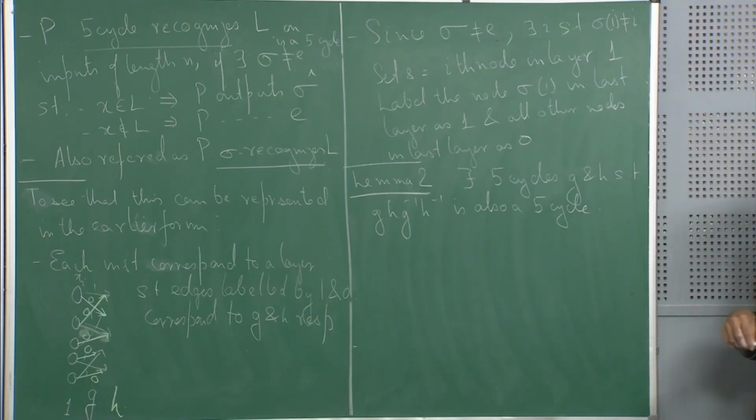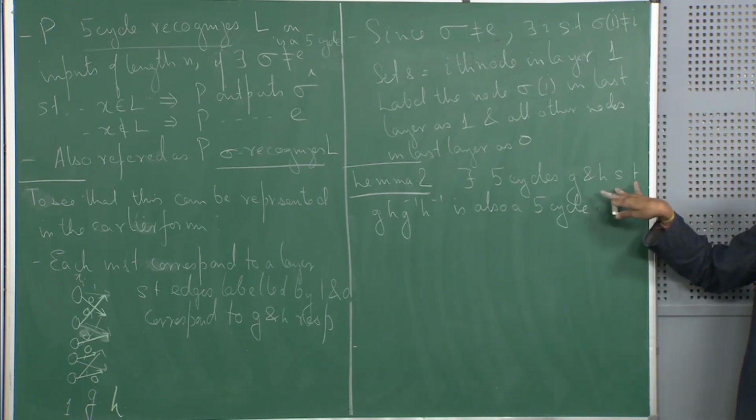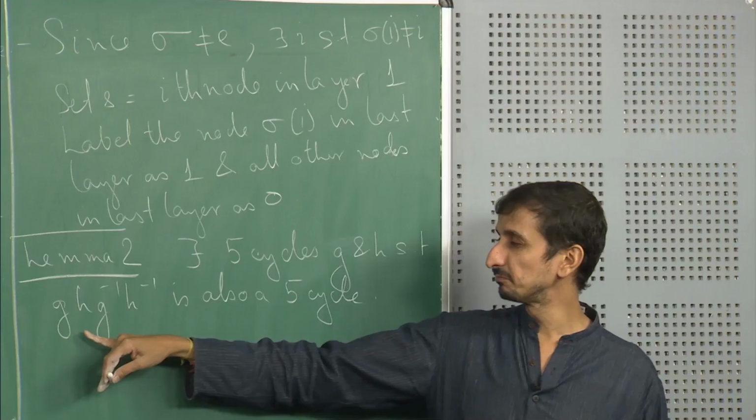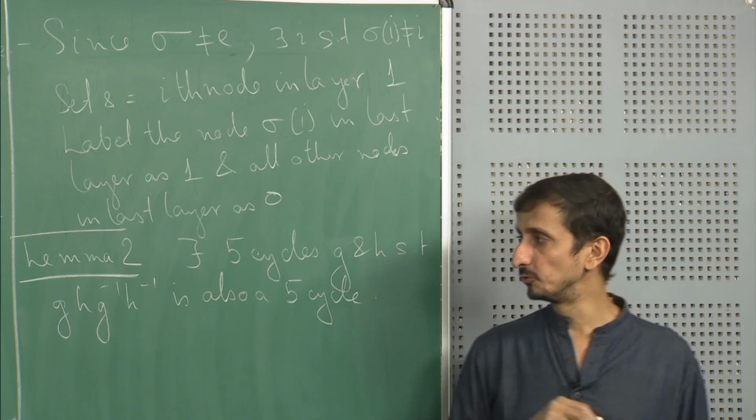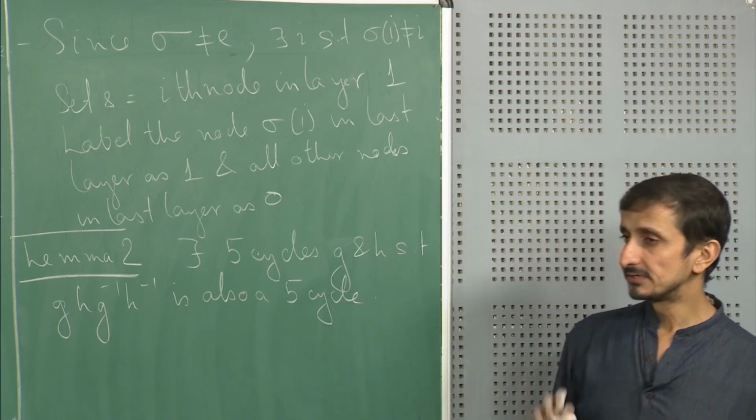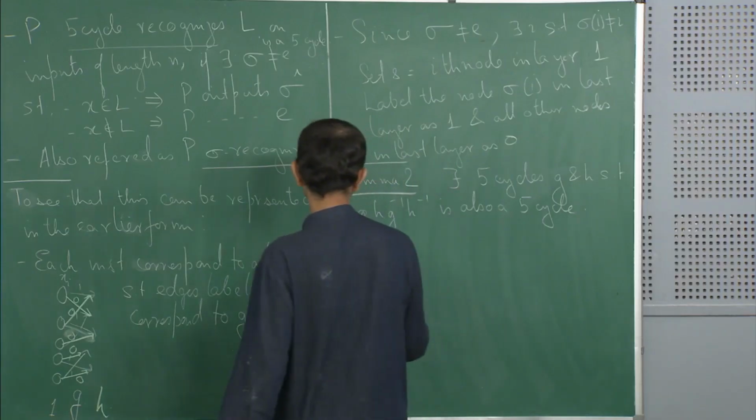Okay. So, two permutations that are 5 cycles exist. In group theory, this is also called the commutator of these two elements. This is also a 5 cycle. So, the proof is nothing but